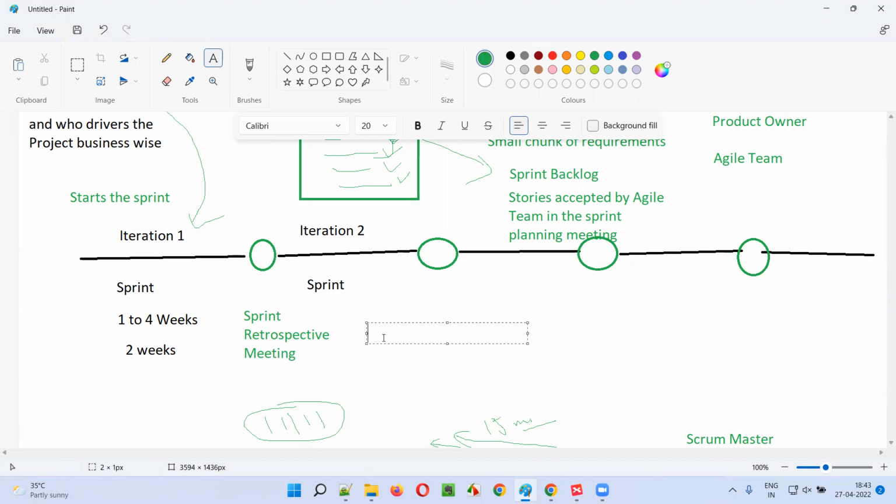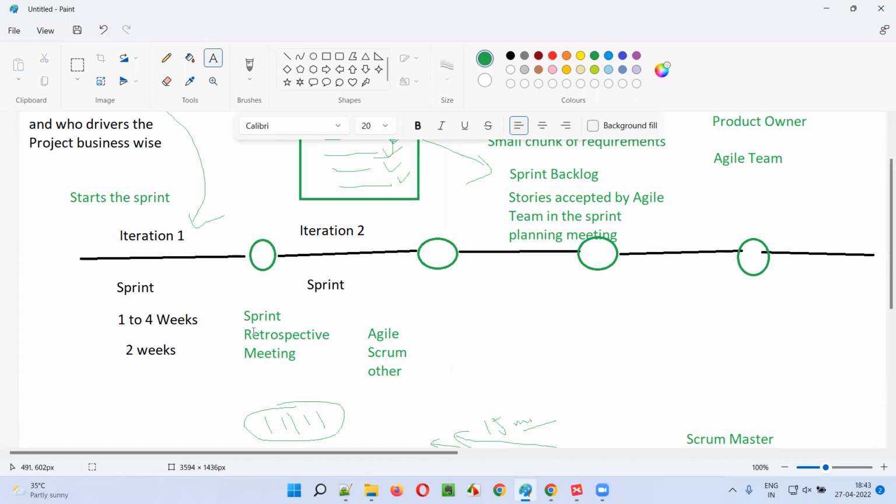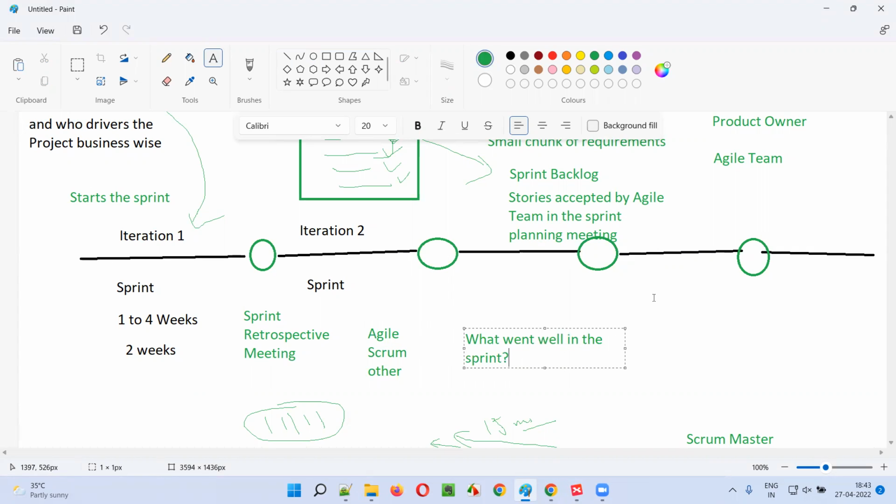In this meeting, guys, the agile team, along with the scrum master and all other members, will discuss what went well in the sprint that was completed, and what didn't go well.